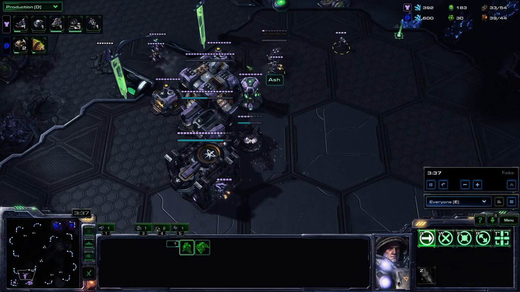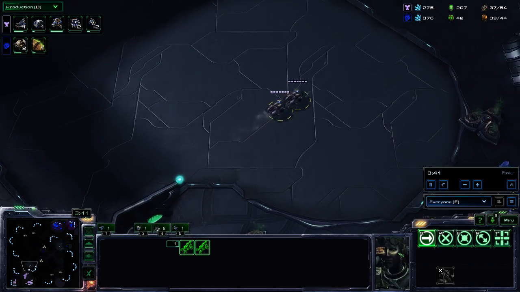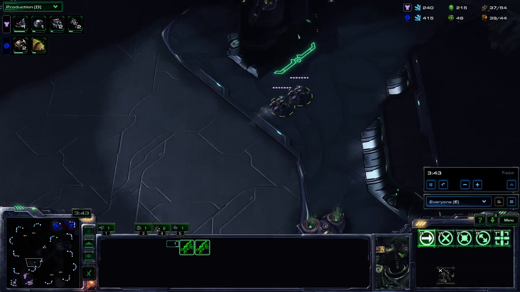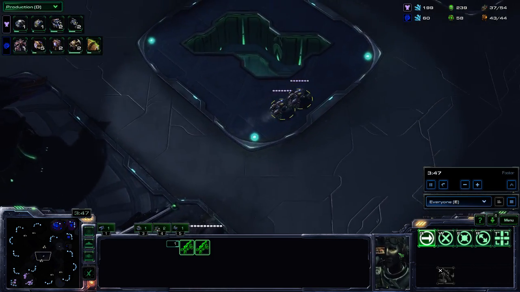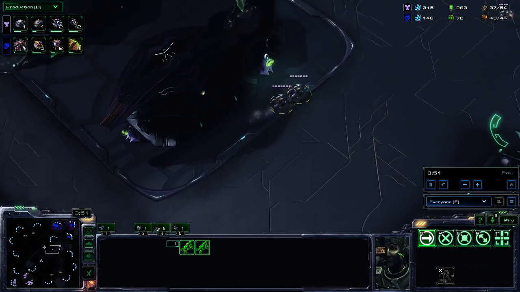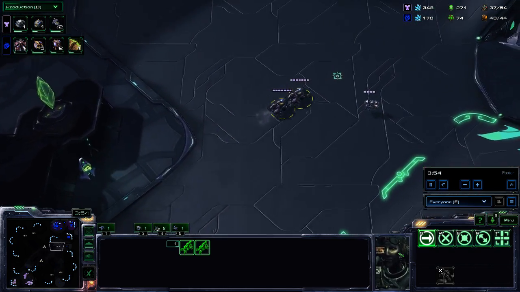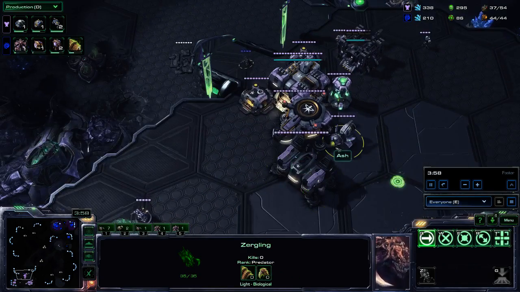Bunker, guard the high ground. And now the Hellions are out. Let's see what the follow-up to this is. He is getting a tech lab right now also. And roaches are being made as well. And this sneaky Overlord maybe isn't so sneaky. What do we have here? Oh, a Ling. This Ling's gonna scout